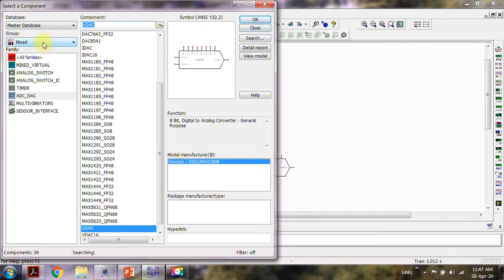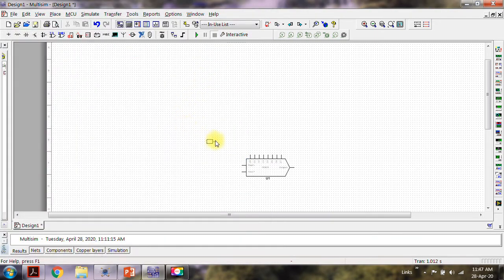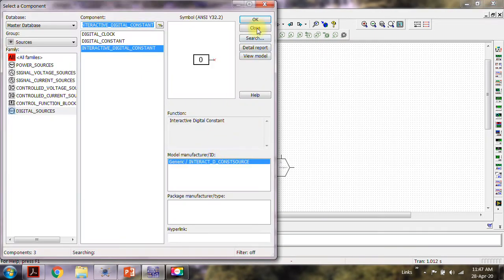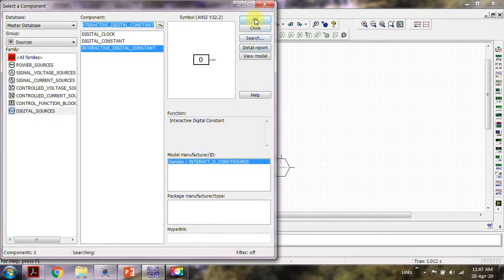Alright, so then we use the sources, interactive digital constant. So I'll place 8 such inputs, sources, which can be toggled.